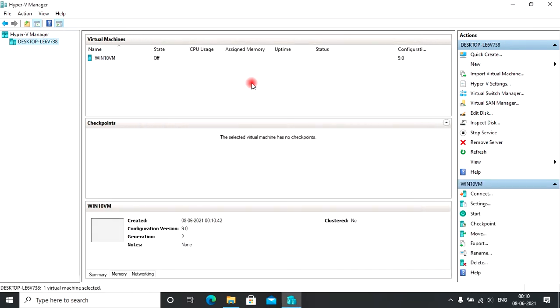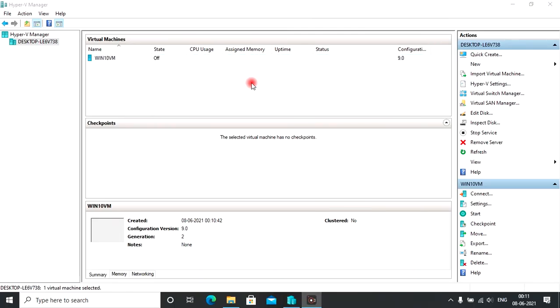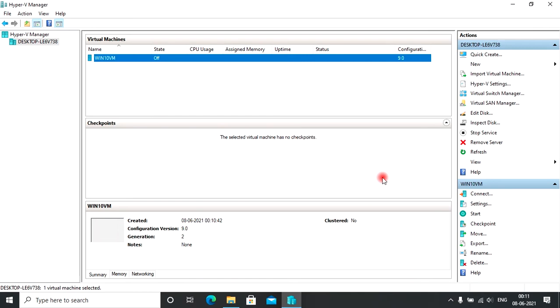Okay, you can see here Windows 10 virtual machine has been created, which is showing in off state. I will select the virtual machine. I will right click on it and I will select start.